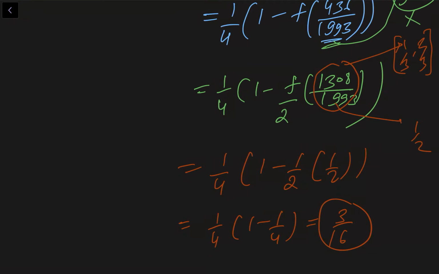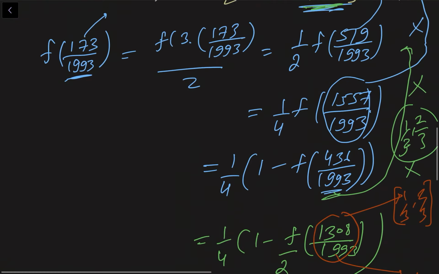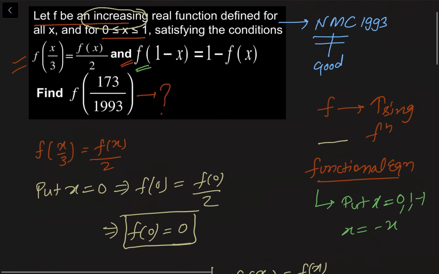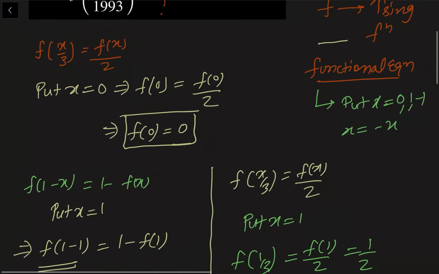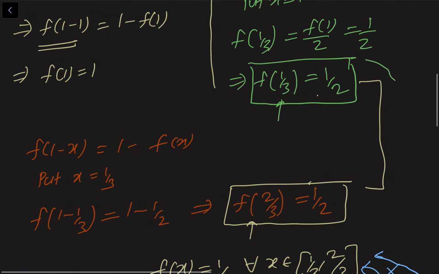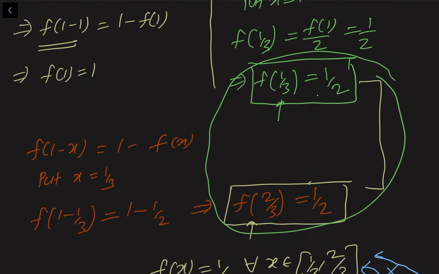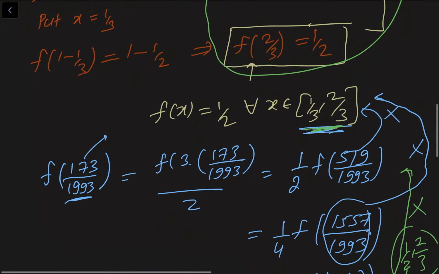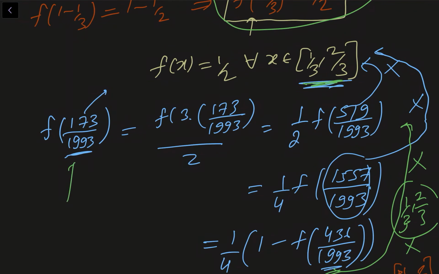See how amazing this question is. With these two equations, it gave us the amazing fact that this is a constant function for this range. Then since it is given that it is an increasing function, and we have to find the value of this thing, by repeatedly applying those given equations its value lies between these values. See how amazing this question is. Hope you like the solution.